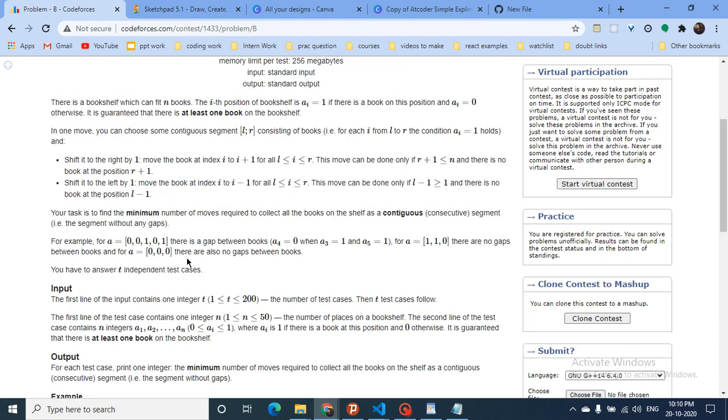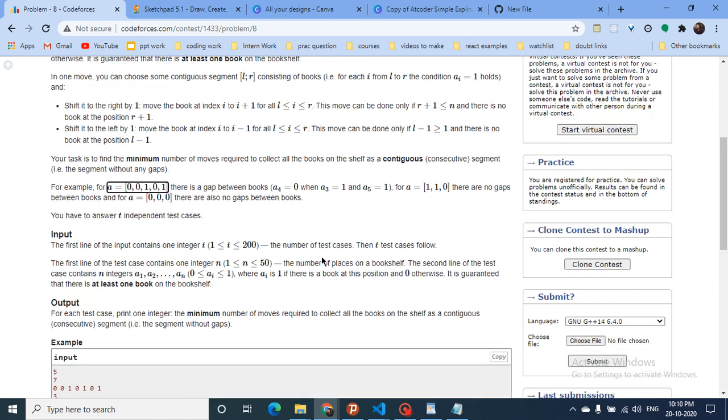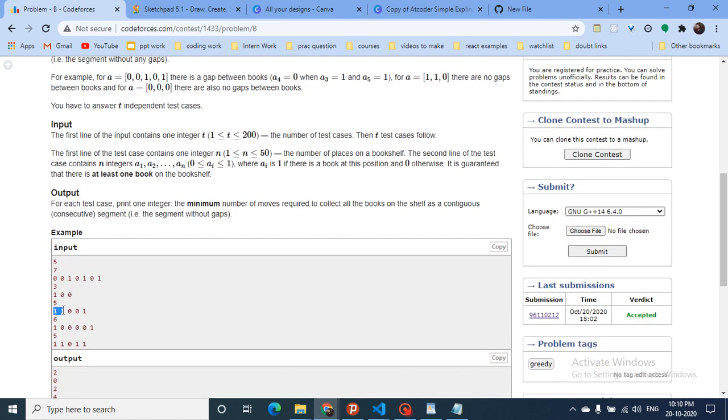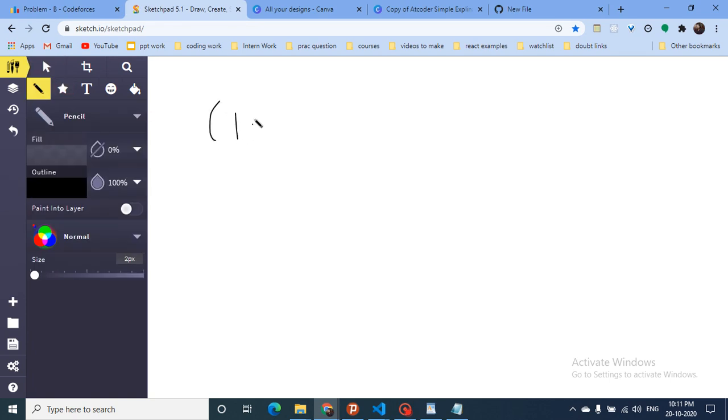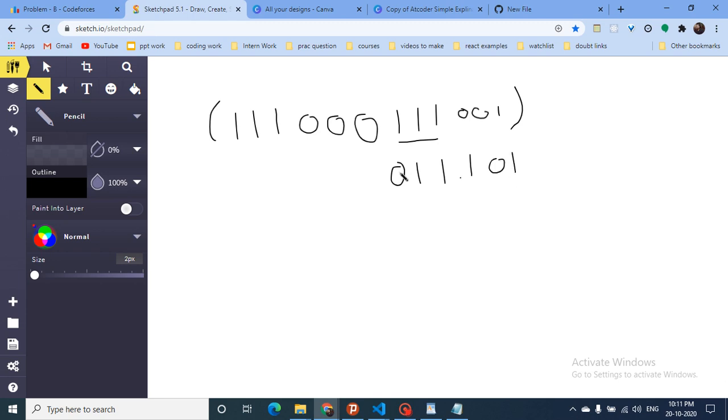What I mean by this is, as you can see, if these are the books, you can bring them to this part. So what you can do is select some continuous stretch of books and shift them to the right side or left side by one position. I'll tell you how. Assume that there is some continuous stretch of books, then some 0, 0, 0, then some again 1, 1, 1, then some 0, 0 and 1. Now you can shift all these books to this point, so it will become like this: 1, 1, 1 and then 0, and then 0, 1 and so on.